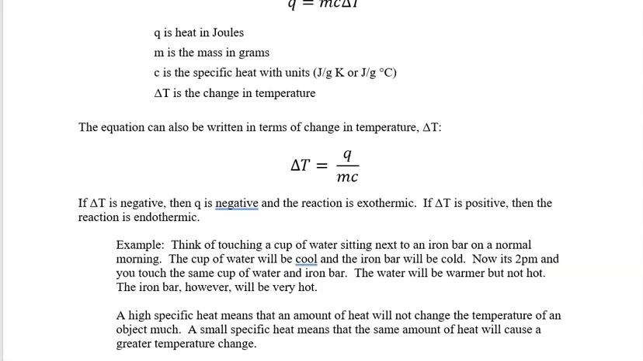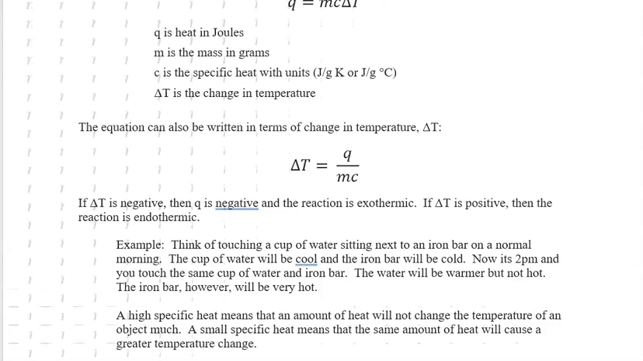So delta T equals Q over MC. So heat, the heat that either goes in or out, divided by the mass of the substance, how much of the substance you have, in other words, and the specific heat, which is a characteristic of a particular substance. Every substance has its own specific heat. Okay, so if delta T,